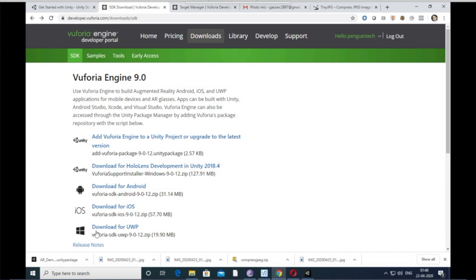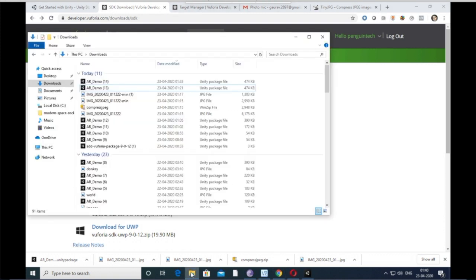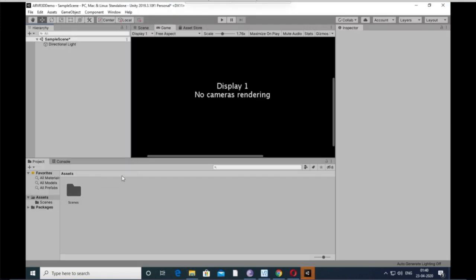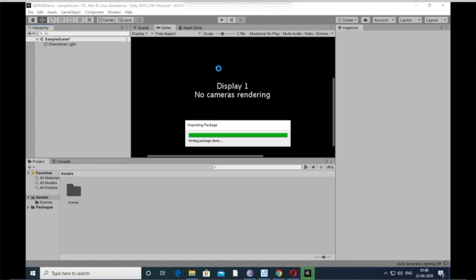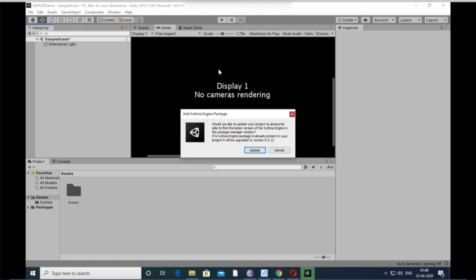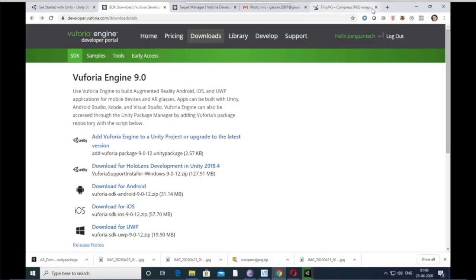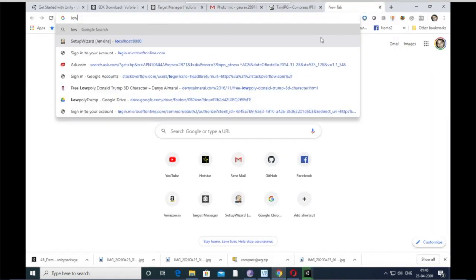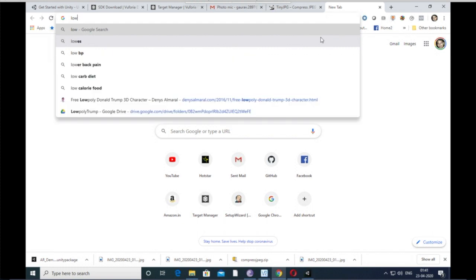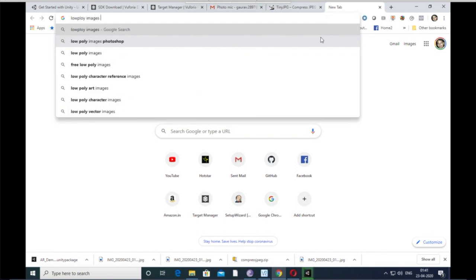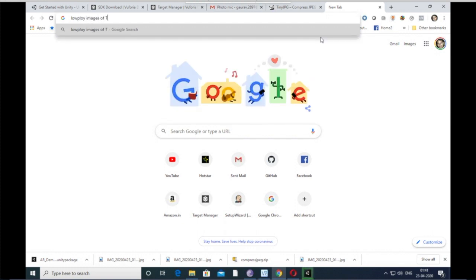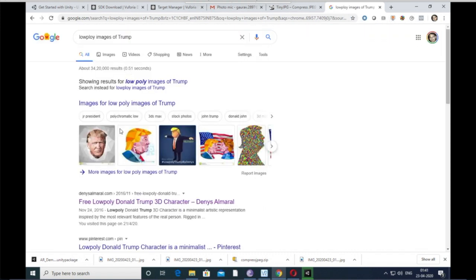Okay, so after downloading that, this is the package. So you can click here and import it in the Unity SDK, Unity framework, updated. By the time you can also download low poly images of Trump. So you'll find a zip file.